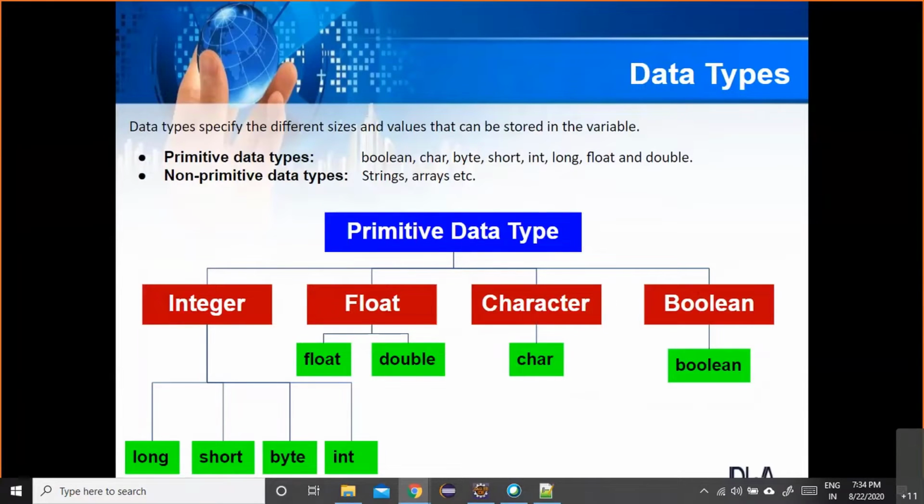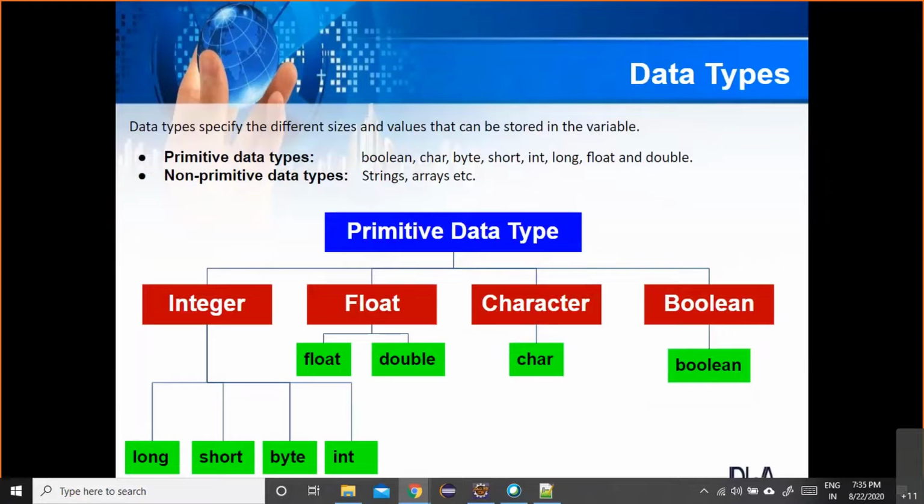Now, if we come to primitive data types, integer further has 4 variants: long, short, byte, and int. Int is the one which is most commonly used and takes care of typically a wide range of values that we need to use in our programs generally. But long is used for typically very long integer type of value. So integer is basically all number kind of values: roll number, employee ID, etc.